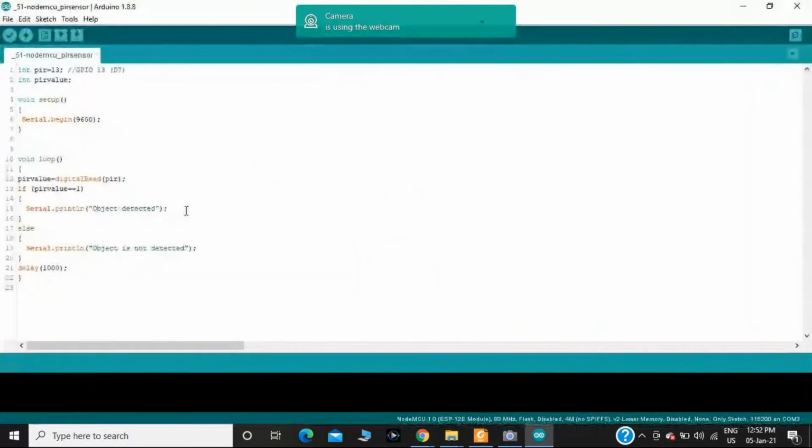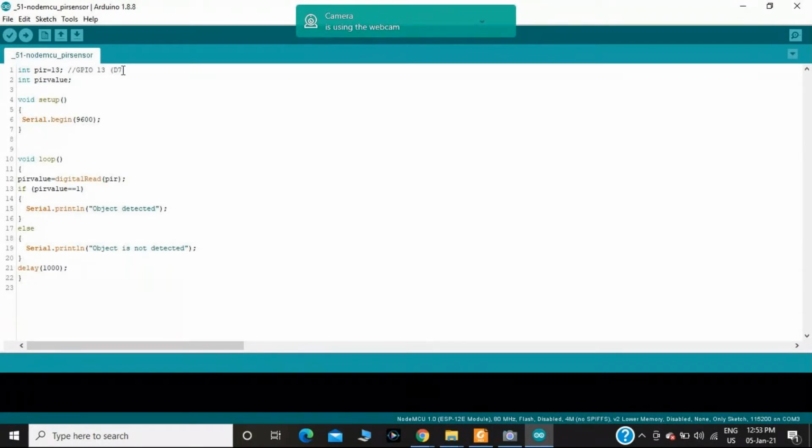Okay, this is the program related to how to connect a PIR sensor to the NodeMCU. First, I should initialize. Here I have taken the data type int PIR. The PIR sensor should be connected to the D7 pin of the NodeMCU.